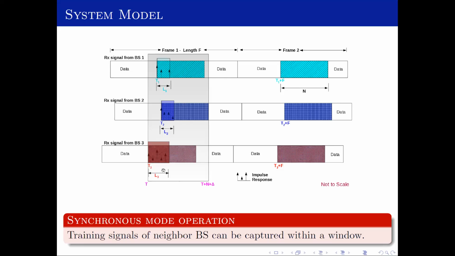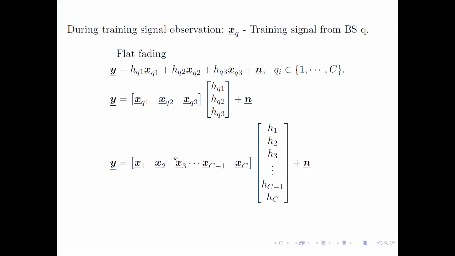When you randomly switch on your mobile or enter another circle, you have to receive the frame, locate the training signal, and compute its identity. That will tell you the number or some information about the tower. Okay, let me go back to the vector model directly. Suppose this is,